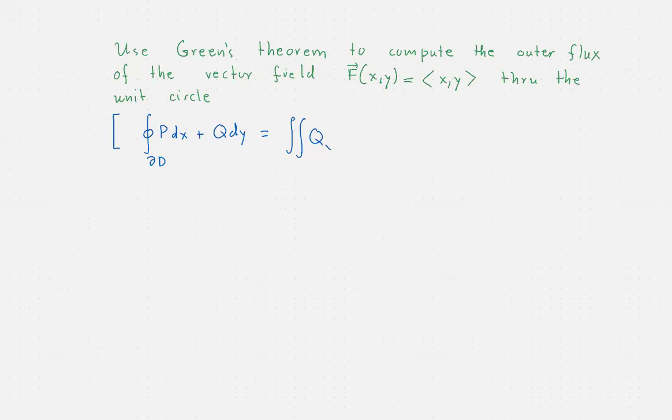And we said that this is usually known as the circulation of the vector field